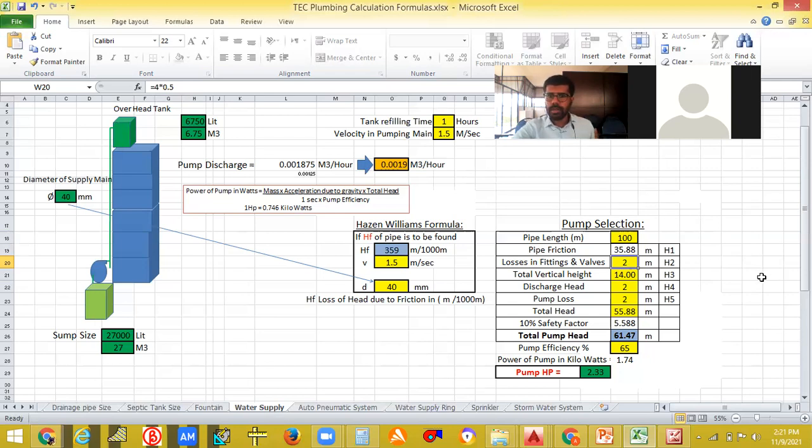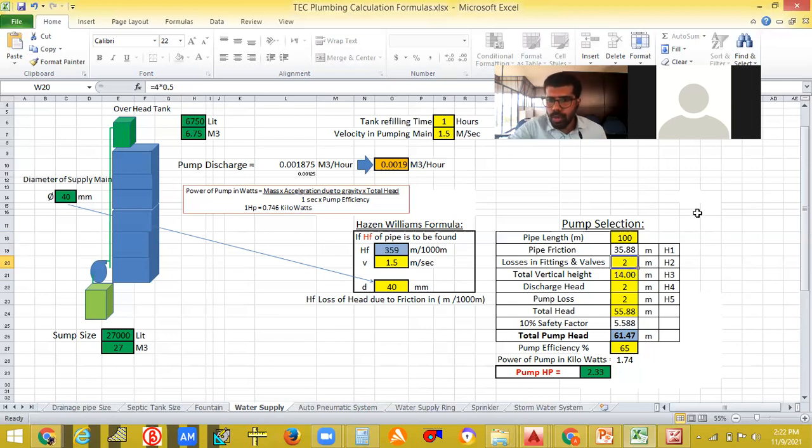Because for one fitting the loss is 0.5 meter. So depending upon the number of fittings, in the main supply there won't be many fittings, correct? So just imagine there are 4 fittings, just give 2. If you want to give 5 or 6, whatever it might be, you can give that.